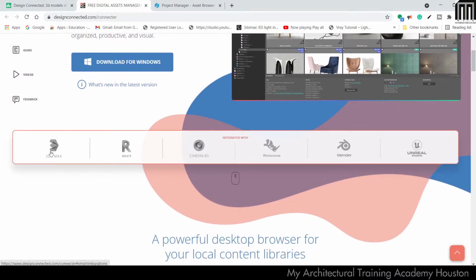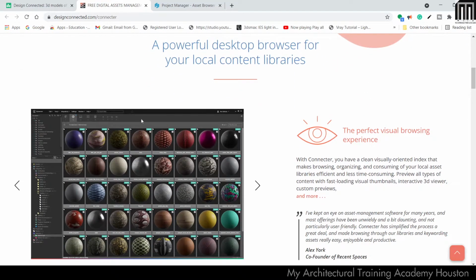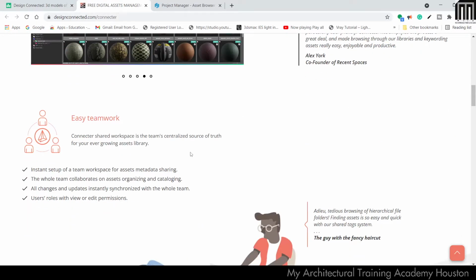This is supported for 3ds Max, Revit, Cinema 4D, Rhino, and all the software except SketchUp, so no problem. We also have material previews and a PBR materials creation tool where we can drag and drop and make PBR textures.